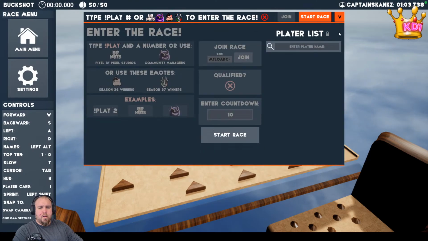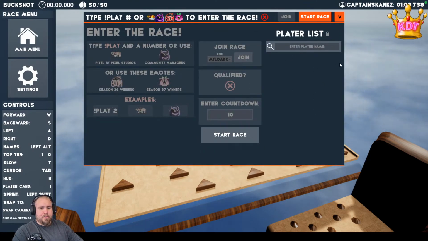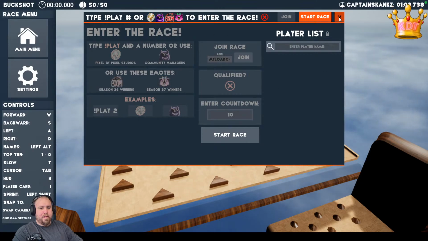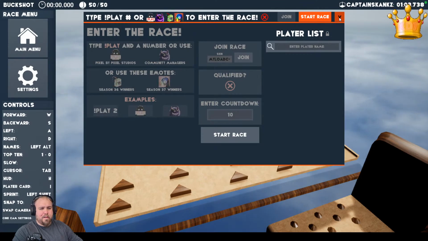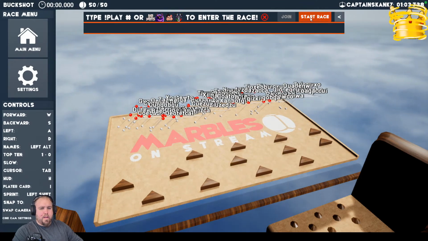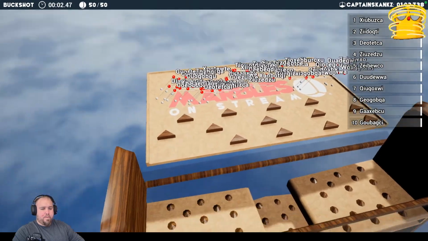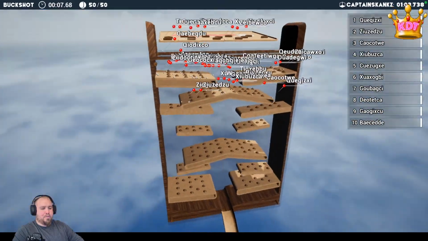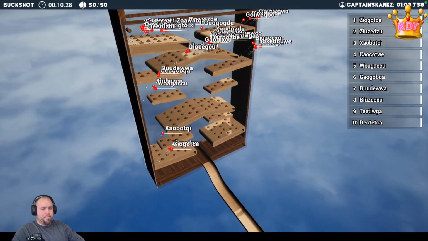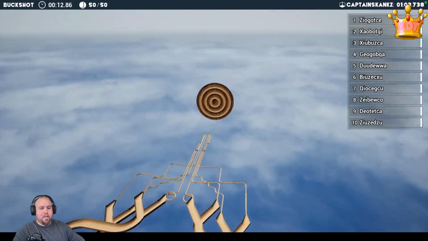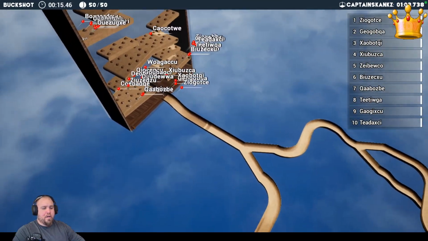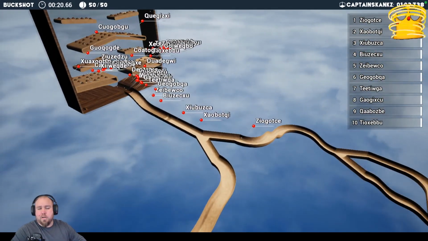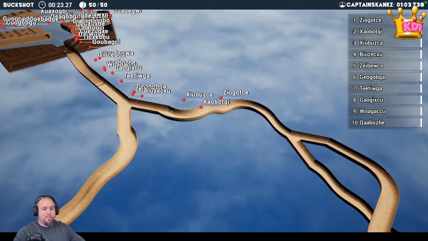Settings here, the top. And then inside here, like I said, the simulated one does have preset things, so you can't really do as much with the simulated. But we can go ahead and start the race just to see what happens. And so you can see it's got a whole map, and it's essentially just marbles going through the map. They'll drop down from wherever the start is, and then this one they have to see who can get closest to the target. You can get thrown off the map, which means you lose. Certain maps have higher chances for you to fall off the map.